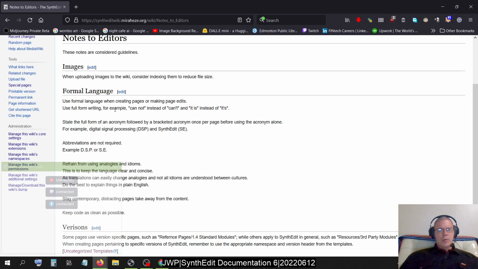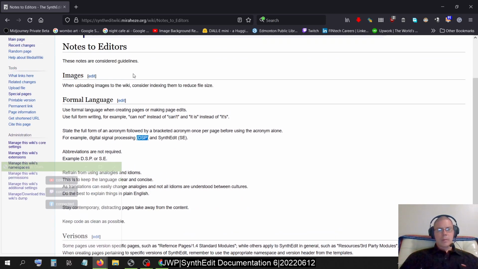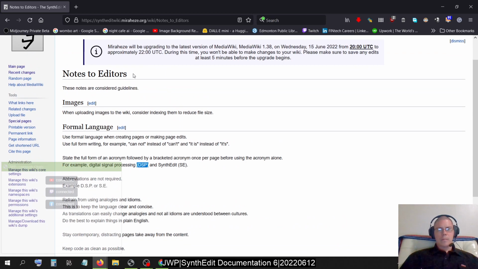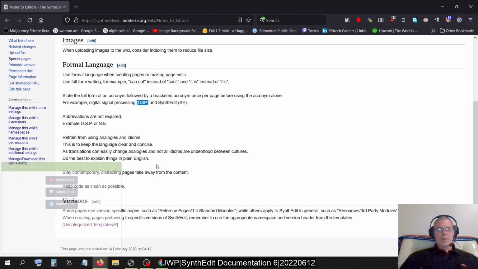If you have to use an acronym, spell it out completely, like digital signal processing, and then beside it in brackets, DSP. The reason it's better to use formal writing is because of translation software. Someone from a different country comes to the SynthEdit Wiki and looks at a page you developed. If you're making contractions or idioms, stuff like that, analogies and idioms, some of it won't translate properly,